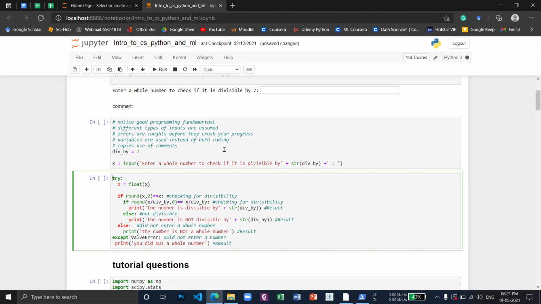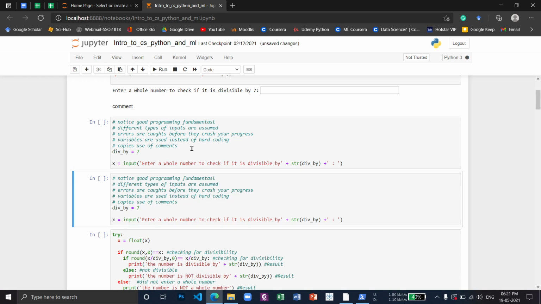If I want to copy that cell, or cut that cell, I will come here and press escape to convert into command mode. Here I'll press C and then I'll press V. See, it has copied my cell below.